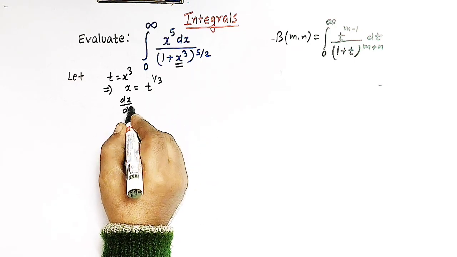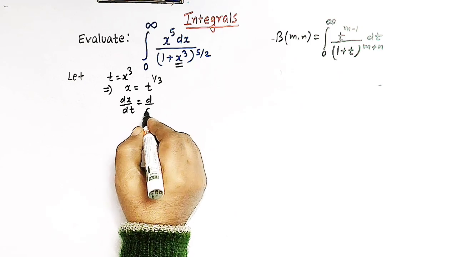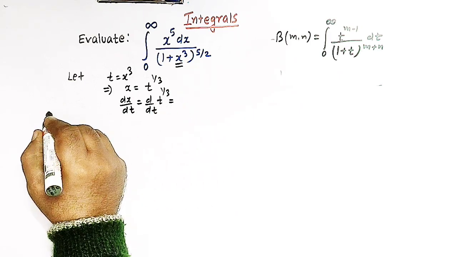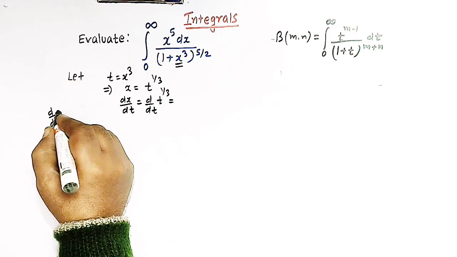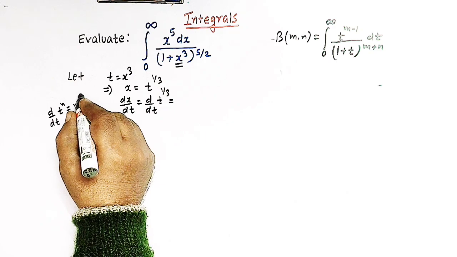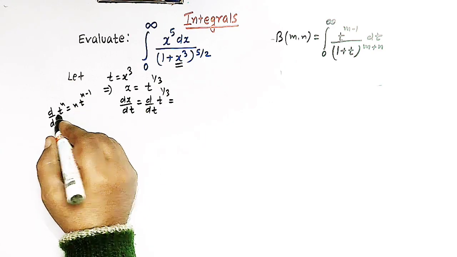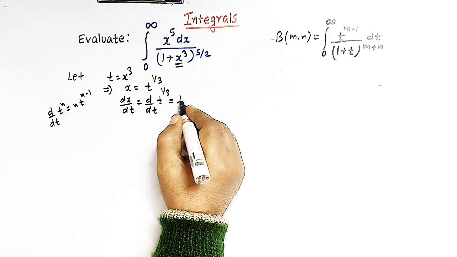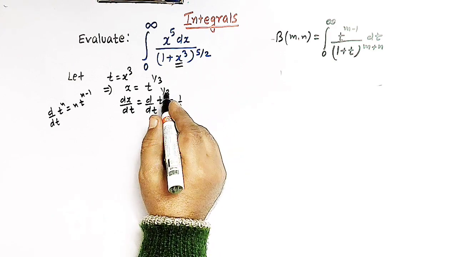So we have dx over dt is d by dt of t raised to 1 over 3, and making use of the power rule, we have n t raised to n minus 1, right? So here the value of n is 1 over 3,